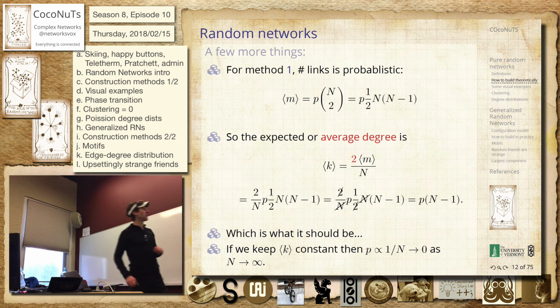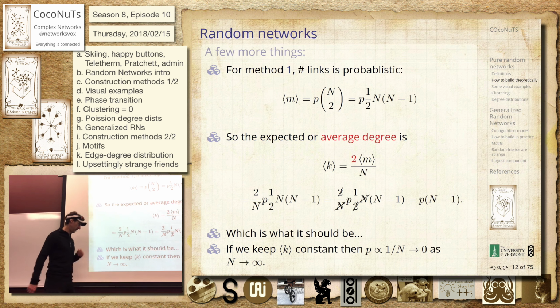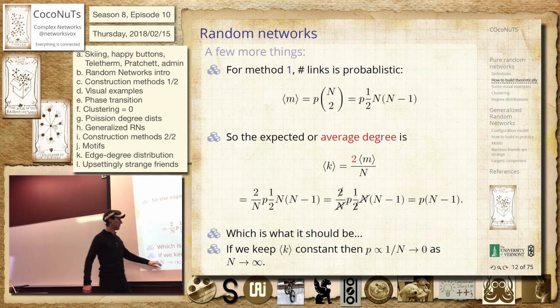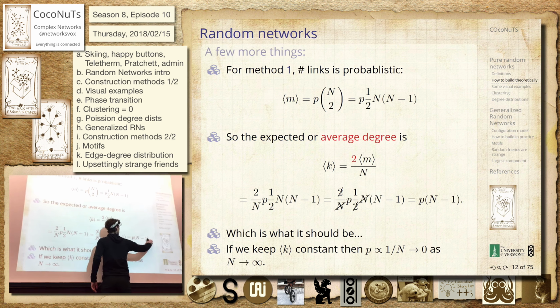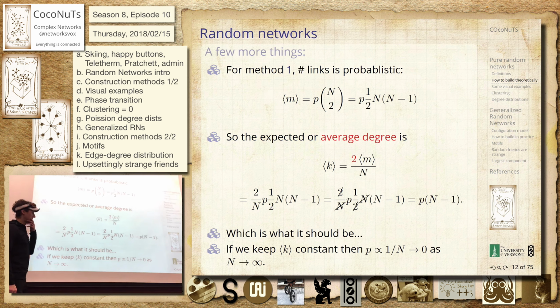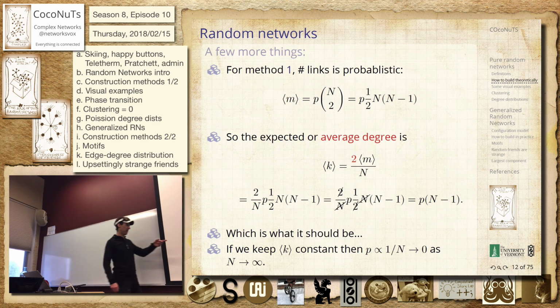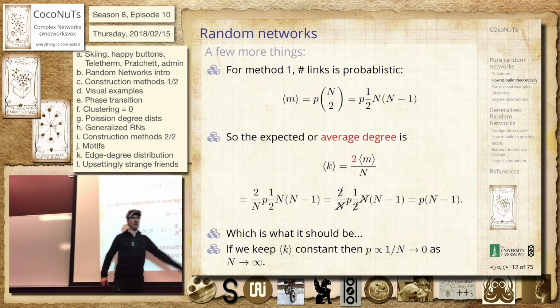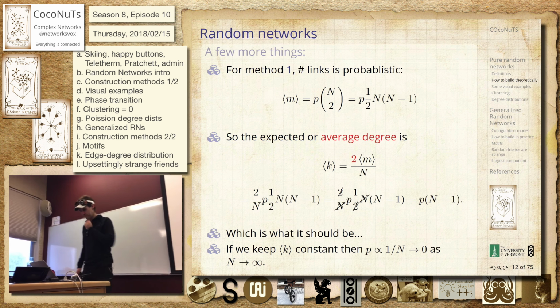And so often we're going to say we need this specified average degree. We want everyone to have, on average, 4.5 friends. And so if that's the case, then we're going to keep this fixed, and we'll often think about networks as n becomes large. We want to consider that kind of family of networks. Then p has to decrease, so our probability of connection has to go down. And in fact, we'll go to 0, if we want to end up with a finite average number of friends. Okay,